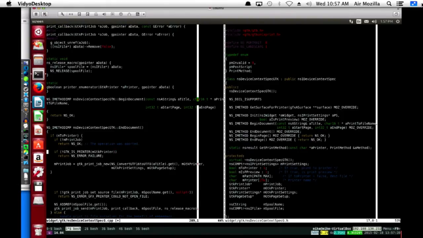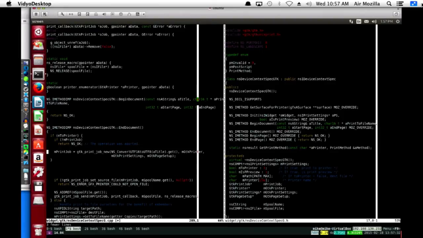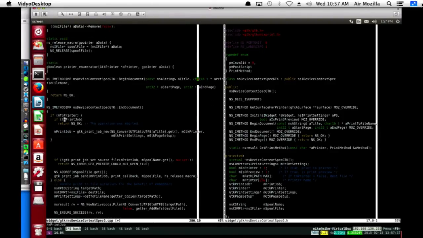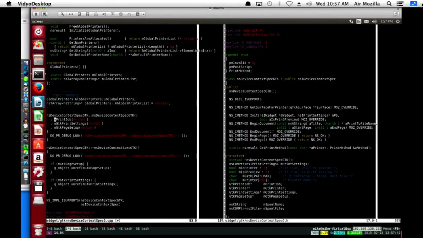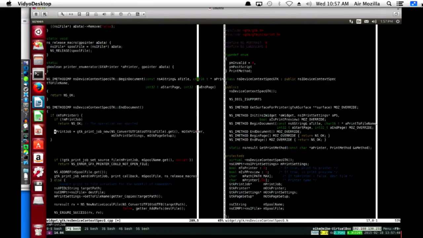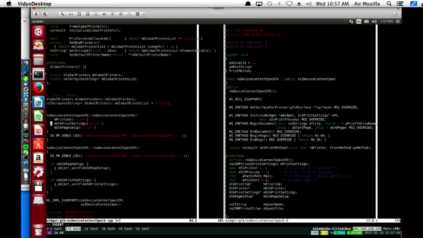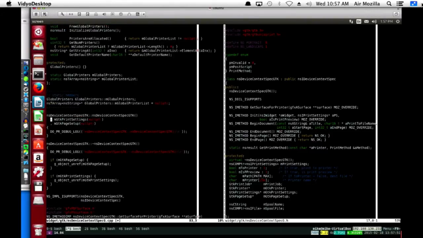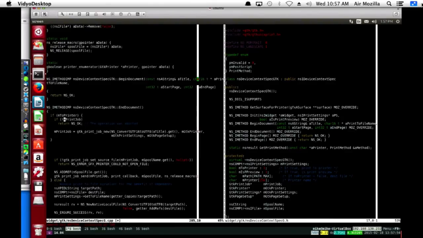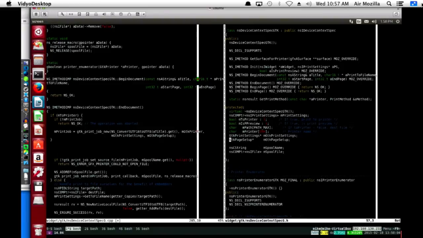Don't need that anymore. That's not going to work. mPrintJob. Does anyone else use that? EndDocument. Okay, we should probably also get rid of mPrintJob. Oh, need that colon. Okay. Now that we've cleared that out, we can probably get rid of this and that as well. Okay.